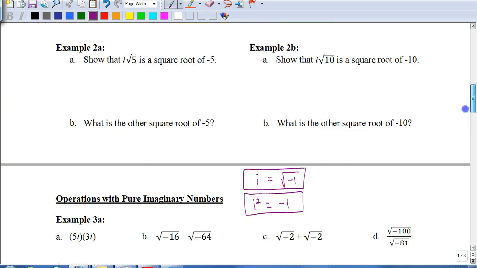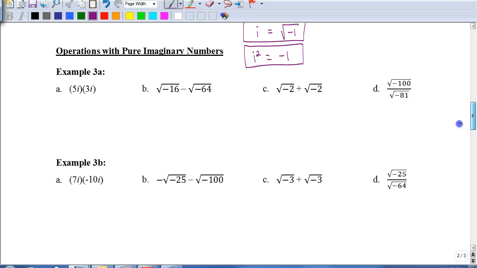Now before we look at this other example, let's look down here at these other examples. So we're going to talk about some operations and some different properties of imaginary numbers. And in reality, the properties that we're working with are the same properties that we already know about addition, multiplication, subtraction, division, when we're using variables. The only difference is we treat i as any other variable,